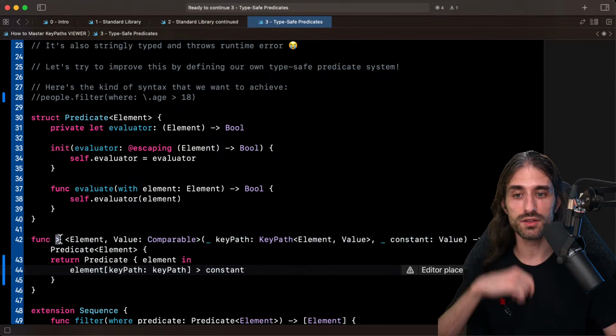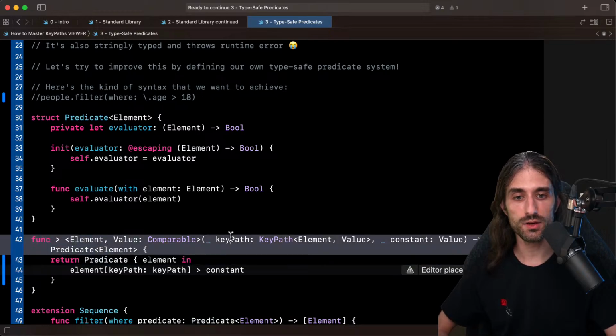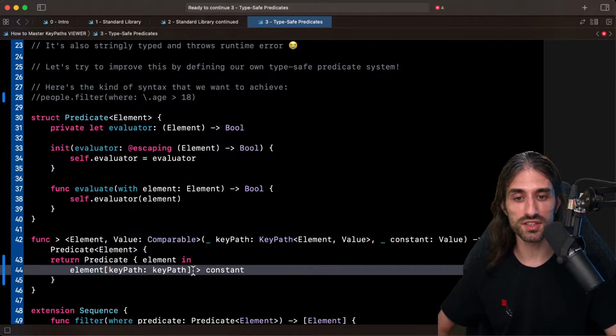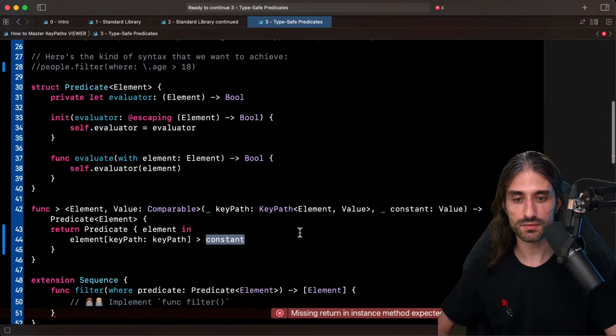So basically, I took the operator and I pushed it down inside a predicate. And to build the predicate, I used the key path to query the element and compare the value of the given property that the key path refers to with the constant that I've also been given.